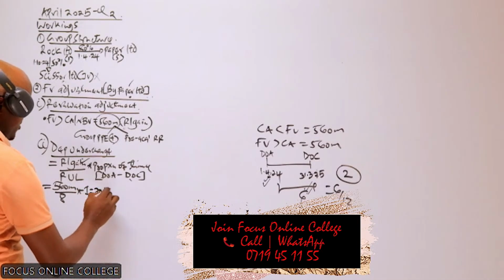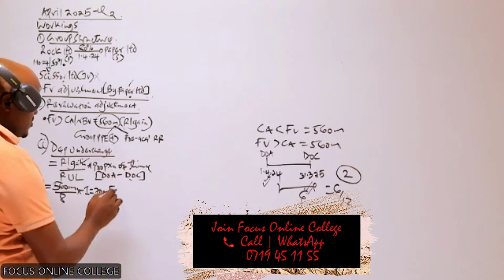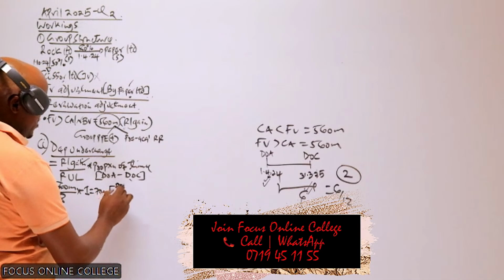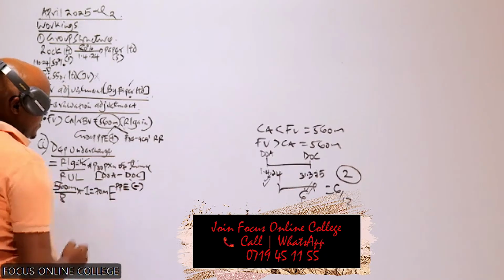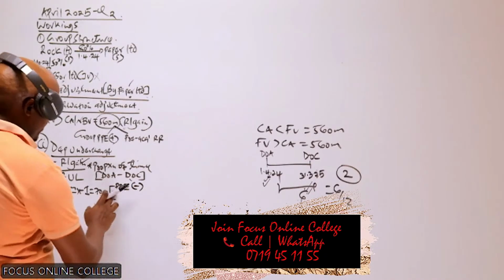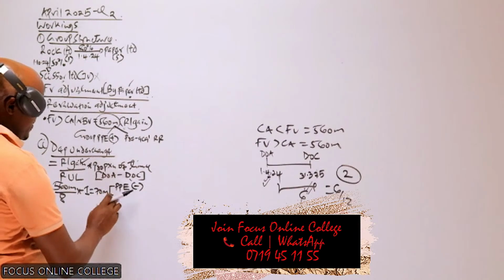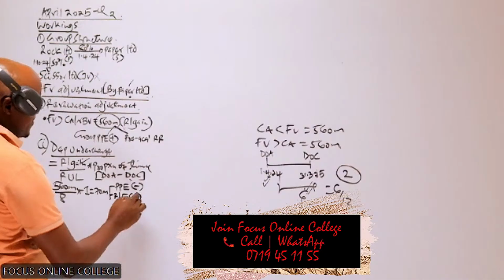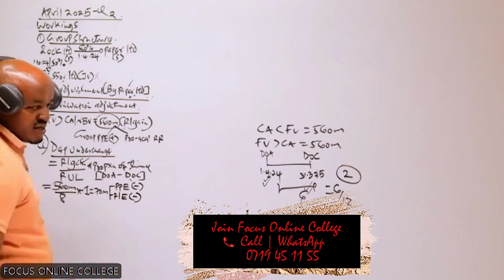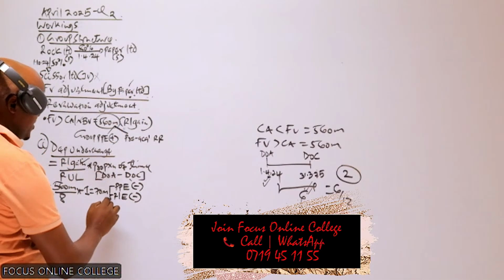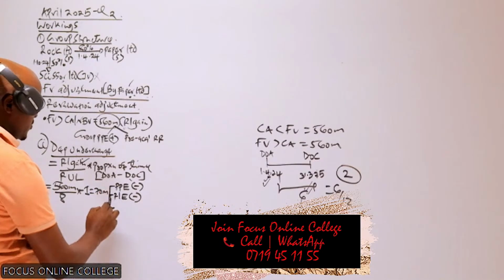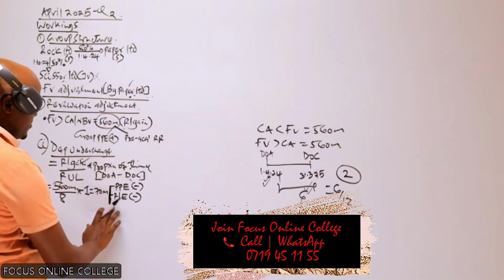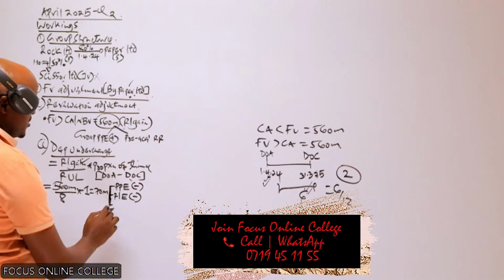Now, this 70 million, which items will be adjusted here? One, this one will be deducted from the group PPE. When preparing our consolidated statement of financial position, we deduct that from the PPE. Number 2, we will also deduct this from the retained earnings of which company? Of Paper. Retained earnings of Paper. And number 3, in preparation of the consolidated income statement, because we are required to prepare that, the consolidated statement of profit or loss, this one will be